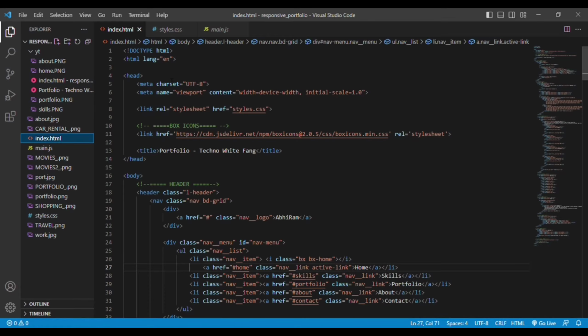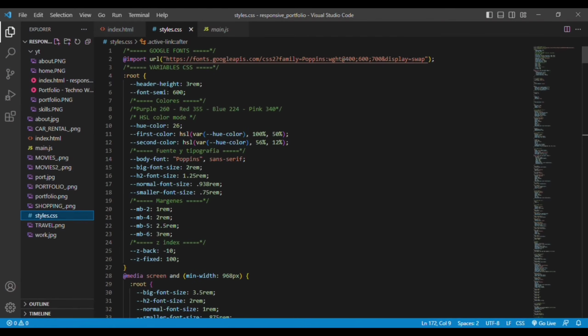Then in the head tag, we have the meta tags for SEO. Then we have linked our style sheet. The style sheet is available here. We have linked the style sheet to our index file. Then we have linked